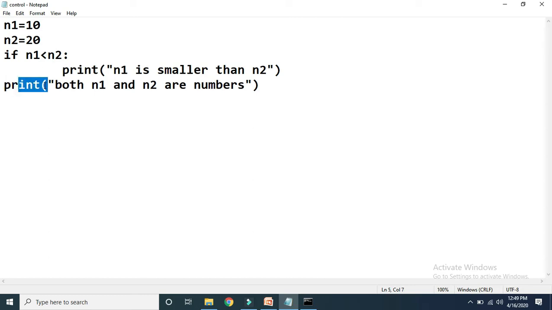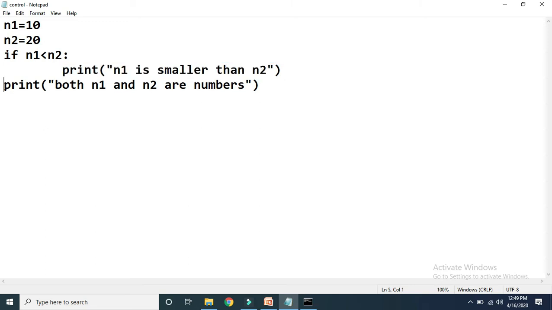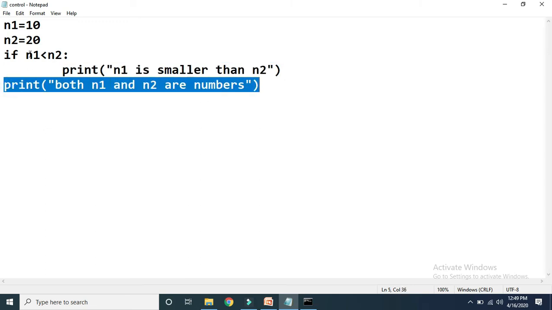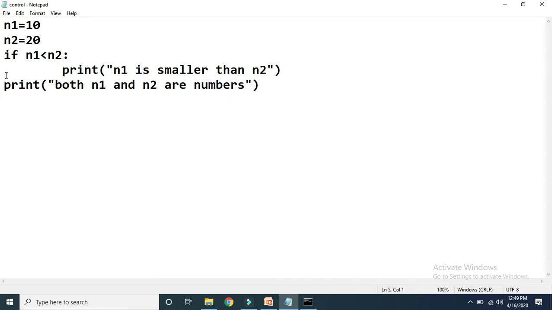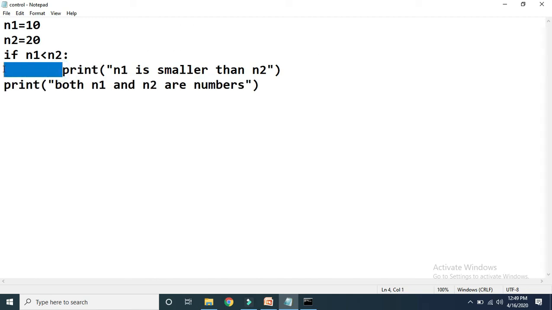This print is in the body of this if, but this second print is not in the body of this if, because I have written this print exactly below the if. Its meaning is that both if and print have the same indentation level, so this second print is not in the body of this if. But before writing the first print, I am leaving some space, which means that print is in the body of this if.